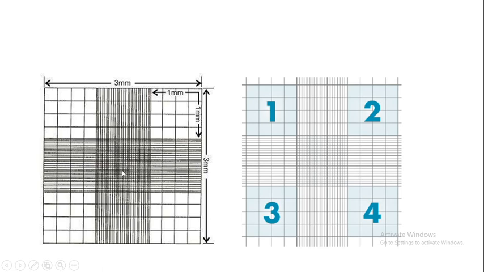The central, densely packed square is known as the heavy ruled area. That is for RBC and platelet counting. This central square is again 1 mm long and 1 mm wide. It is further divided into 25 medium squares. They are separated by triple lines. These 25 medium squares are further divided into 16 small squares.